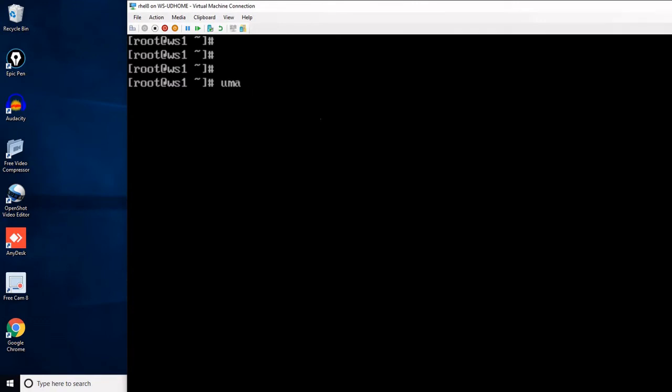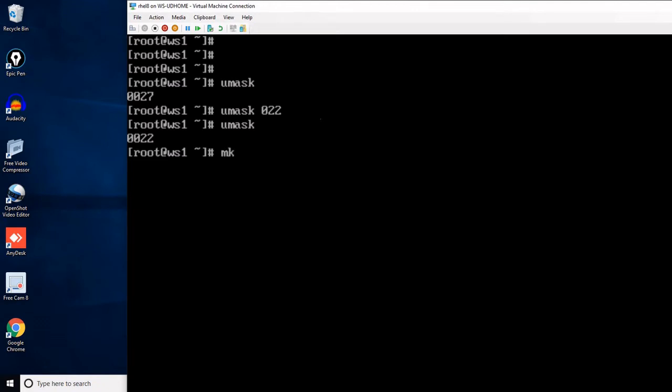So first I will check umask. What is the umask? This is not the default umask. The default umask is 022. This is the default umask which is used in Linux systems. If you have 022, you deduct the value from 777: 777 minus 022, you will get 755.